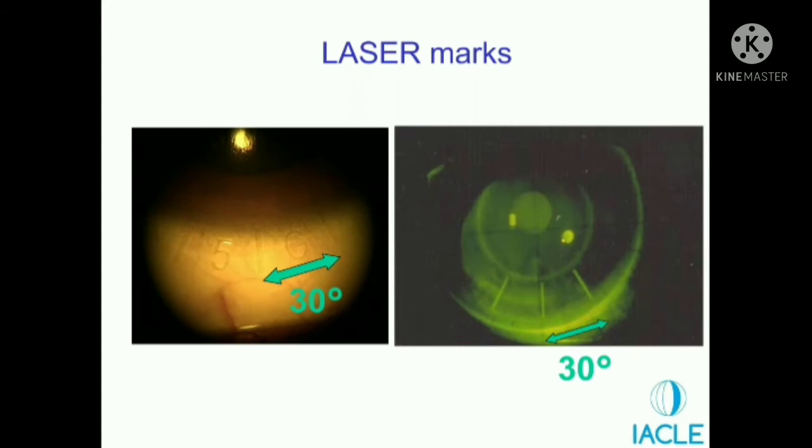And the separation between these two guide marks is 30 degree. Sometimes, most of the times, people feel that it is just 10 degrees. No, it's 30 degree, especially in this particular lens. So you have to ask the manufacturer what are the scribe marks and what is the separation if you have any doubt. So they have to clarify your doubt as to how much is the separation between the two scribe marks.